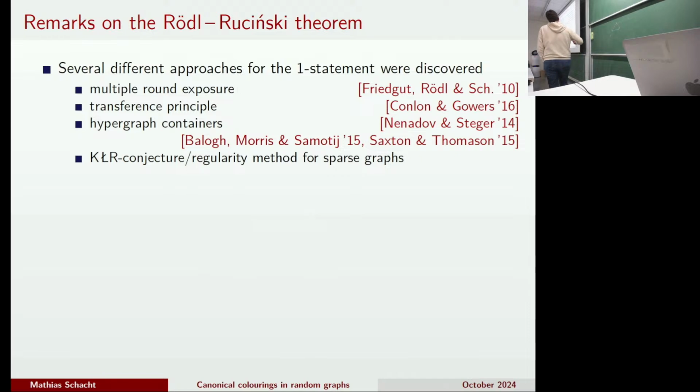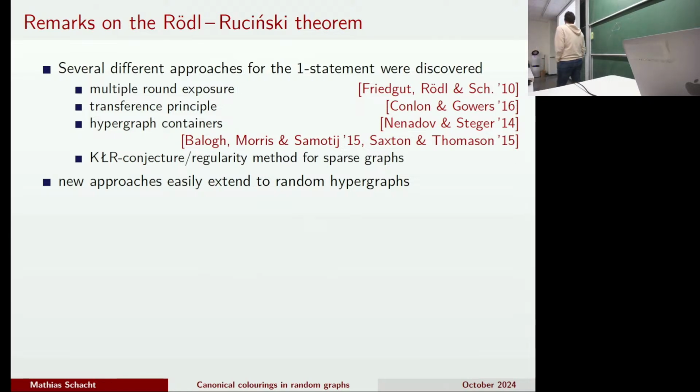There was something in behind. So for example, if you can transfer the regularity method to subgraphs of the random graphs or the subgraphs of random hypergraphs, then you can also transfer these results. And this was also partly done at the same time. And yes, as I said, these approaches extend more straightforwardly to random hypergraphs than this original proof of